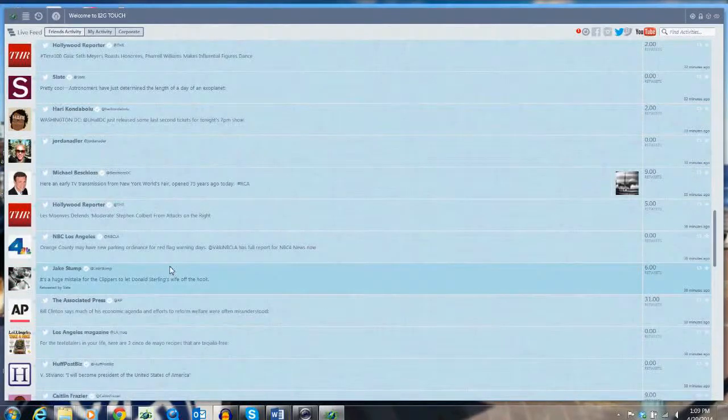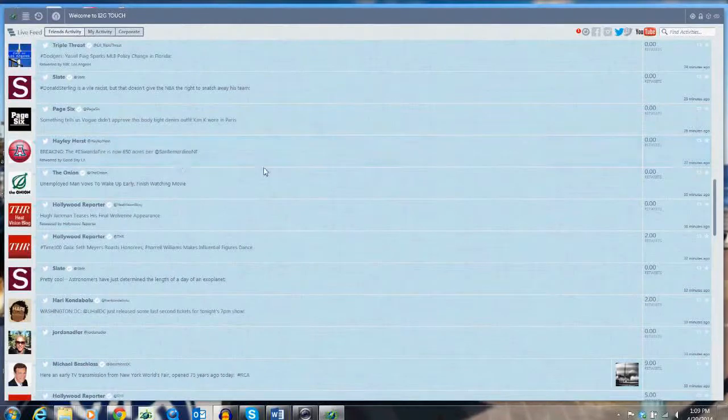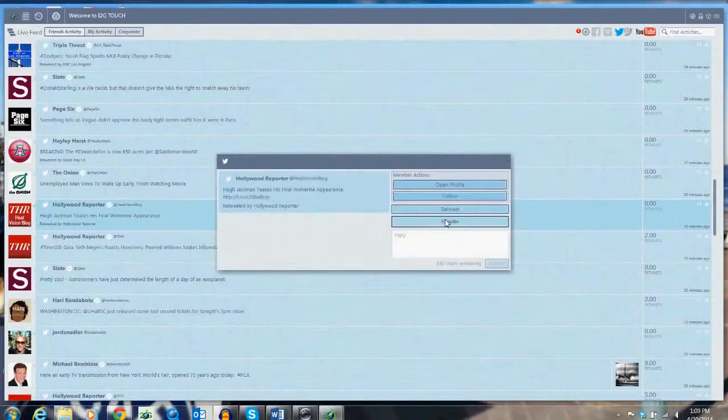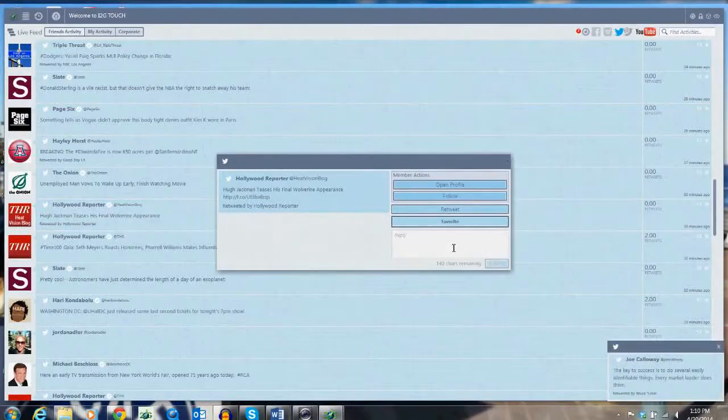Now, let me just show you real quick. If you want to interact from here, these are people posting on Twitter, let's say. So say I want to go to the Hollywood Reporter and I want to interact with this notification. I just click on the actual icon and square where the notification came in. And then from here, I can retweet this. I can make a comment